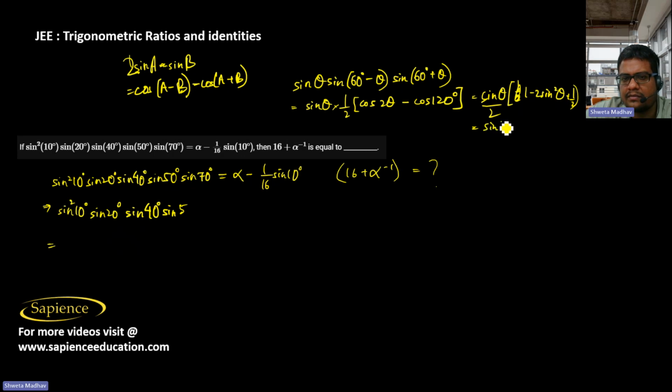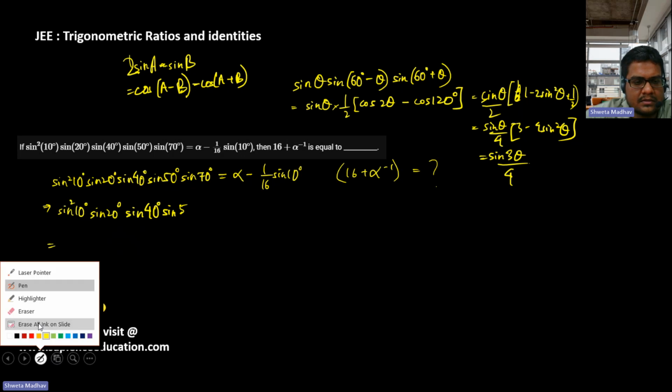And write sine theta by 4 into 3 minus 4 sine square theta. So this will be nothing but 3 sine theta minus 4 sine cube theta. So it is sine 3 theta by 4. So this we can write it as